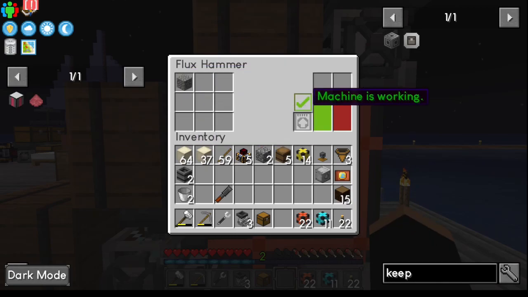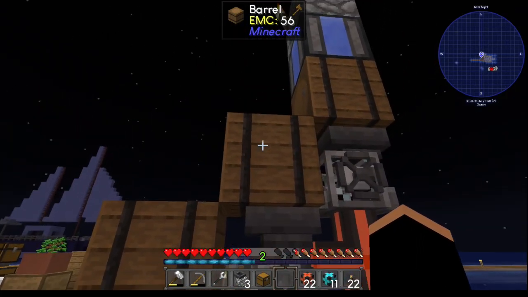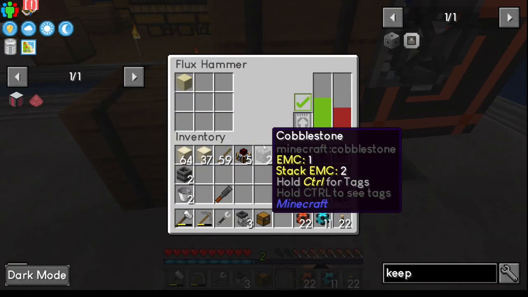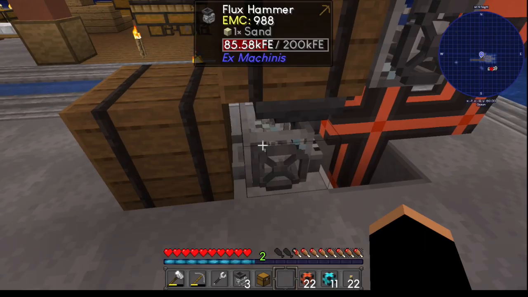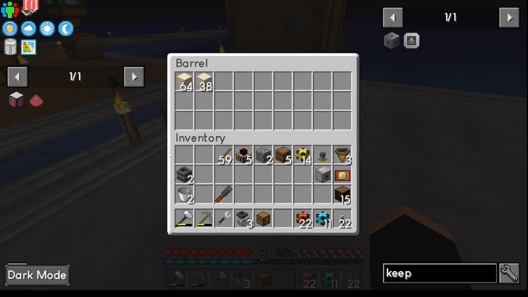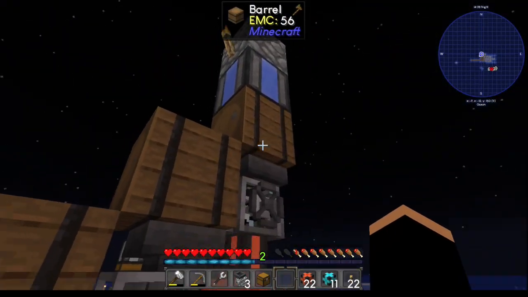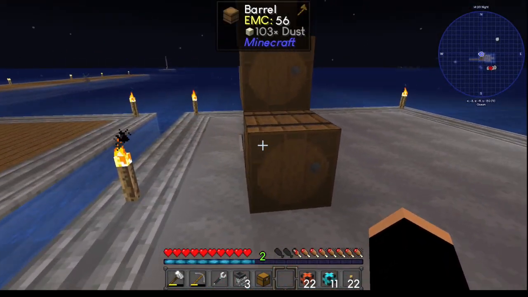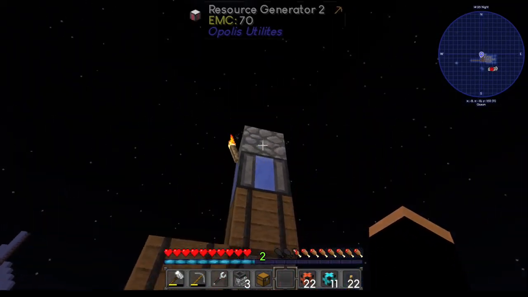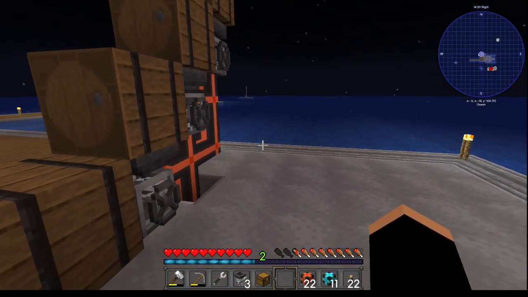That should be turning into gravel. And when it's done, it's gone through already. Where are we? So that's sand, which should get turned into dust. There we go. When that fills up, all these will back up. Now, I'm not 100% sure yet whether I'm going to keep these barrels or I might change them for storage drawers. But we will see. That is the idea there. Now, I could, in theory...